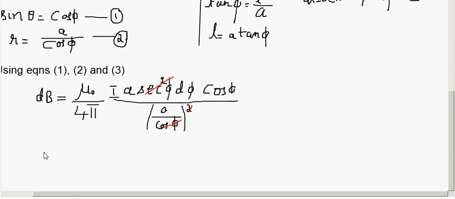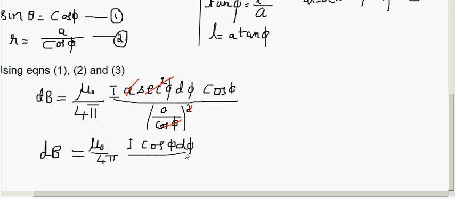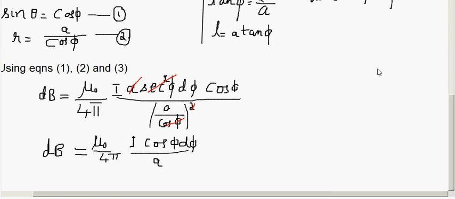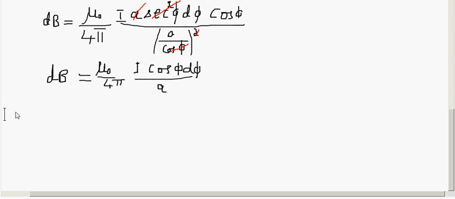Now dB becomes equal to mu naught by 4 pi into I, cos phi d phi divided by A. Now this is the magnetic field due to the current element dl. Therefore magnetic field